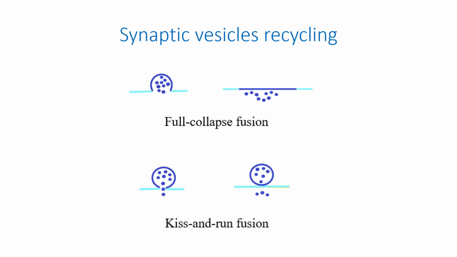The mode of exocytosis described above is called full collapse fusion. In another mode, a pore connecting the lumen of the vesicle with the synaptic cleft is formed without the vesicle collapsing fully into the plasma membrane. Neurotransmitter can then be released in a controlled fashion through this transient pore by porocytosis. Thus, each synaptic vesicle can be used multiple times to release neurotransmitter during bursts in neuron activity. This mode of exocytosis is called kiss-and-run fusion.